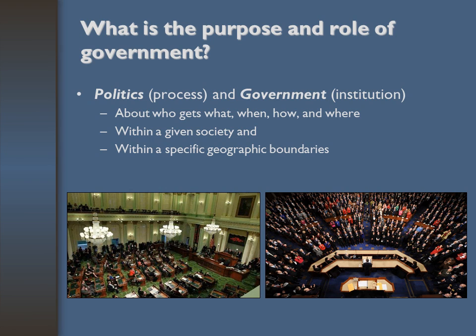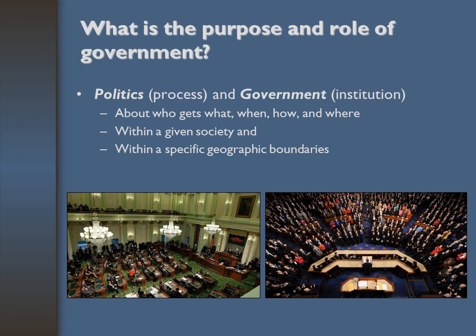All right, so continuing our discussion on the purpose and role of government, where does politics come into this, right? One of several definitions I'm going to give you is, again, this idea that politics is the process, right? And that politics occurs within government, or government in this case would be the institutions, right? So government and politics work together, right, about who gets what, when, how, and where. Okay, all right, so members of Congress in a way play politics, right, use the process to determine again resource